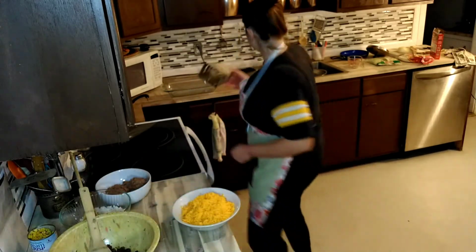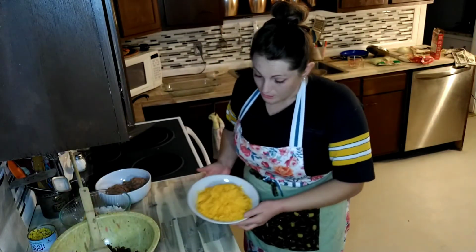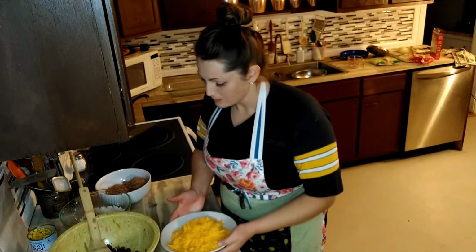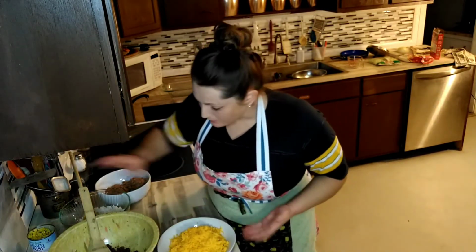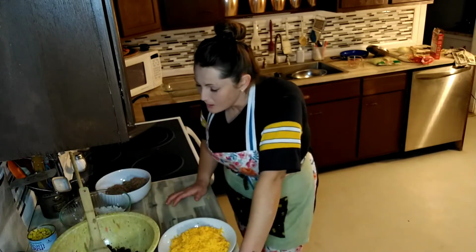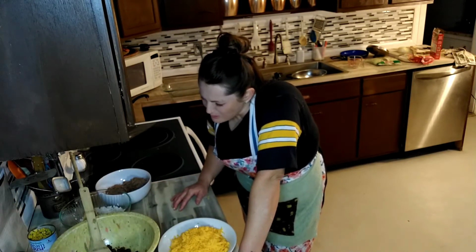Okay. So let's take a look at all of this cheese. I cannot believe all of this cheese is gonna go into this meal. That's a lot of cheese. I'm gonna be eating this meal for as long as it lasts. Last week's recipe, I can't remember what it was, had like noodles and ground beef and